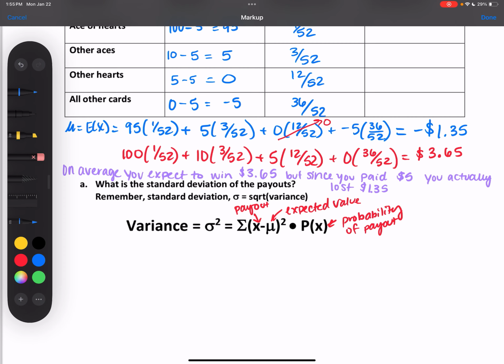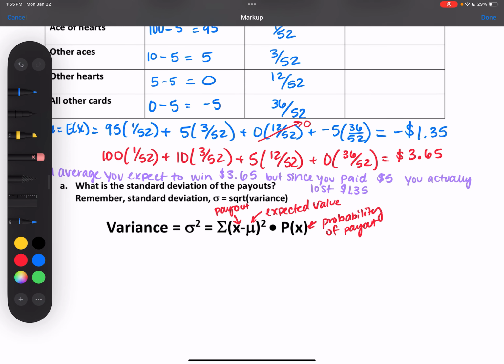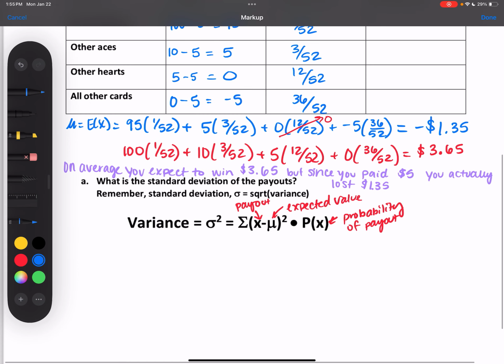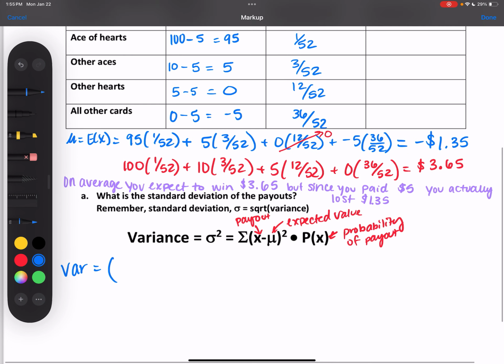What is the standard deviation of the payouts? Remember, standard deviation is the square root of variance. So I'm going to find the variance first using this formula down here. Variance, I'm just going to say VAR, is equal to the payout minus this value, but it's going to be plus because this is negative. So 95 plus 1.35 squared times the probability 1 out of 52